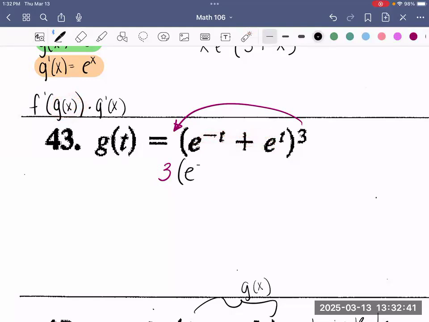So we're going to write this function all over again. And now we can go ahead and subtract 1 from 3. So that makes 2. So that is the derivative of your outside with your inside. Now we get to derive your inside function. So deriving e to the negative t, if we still need to break it up,